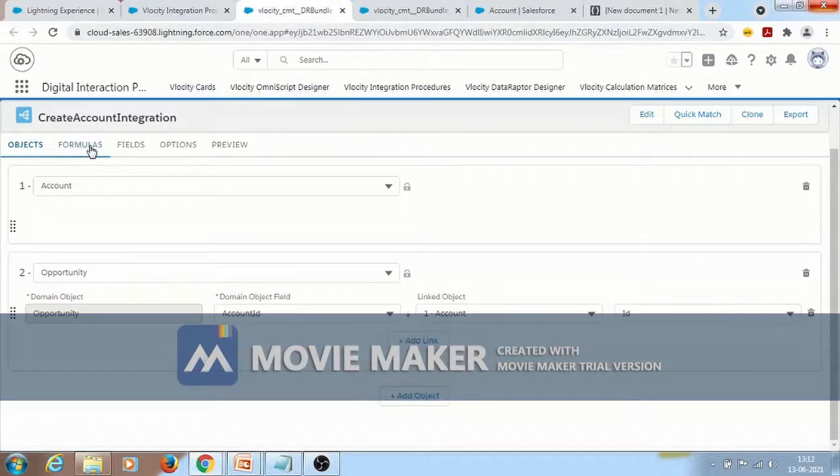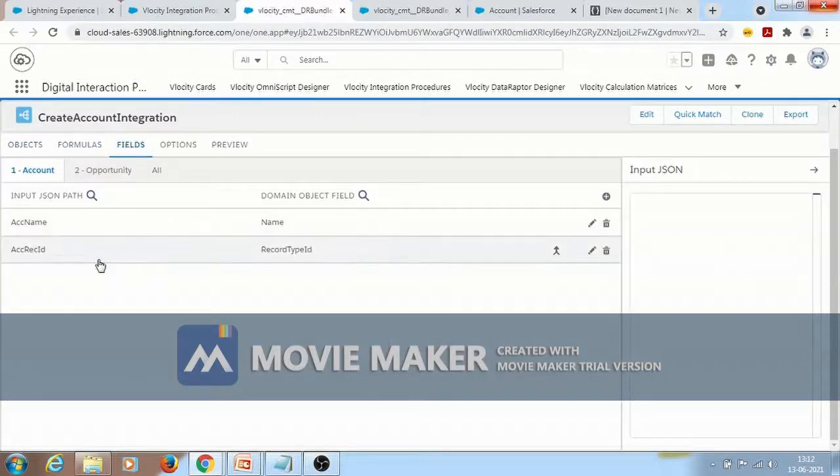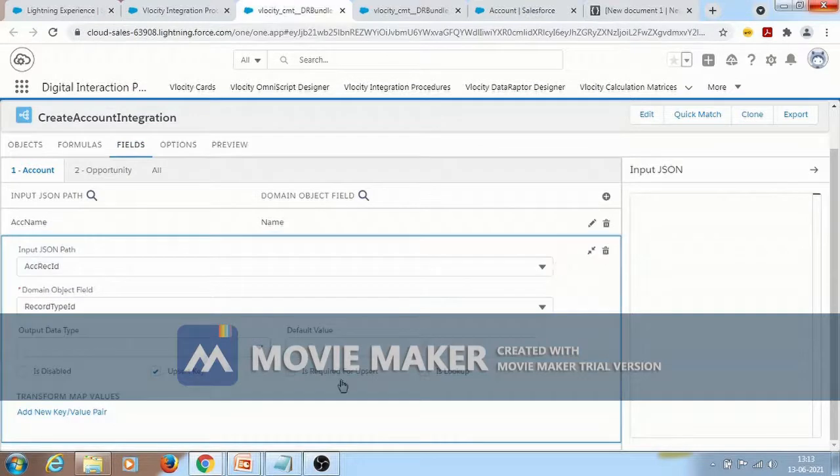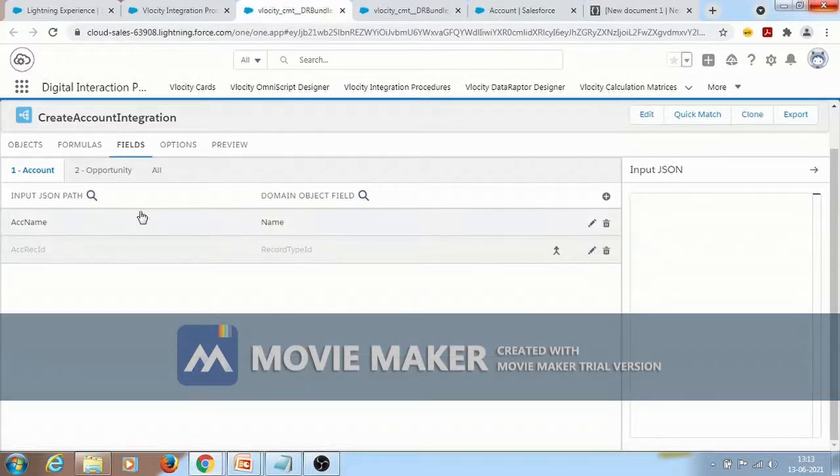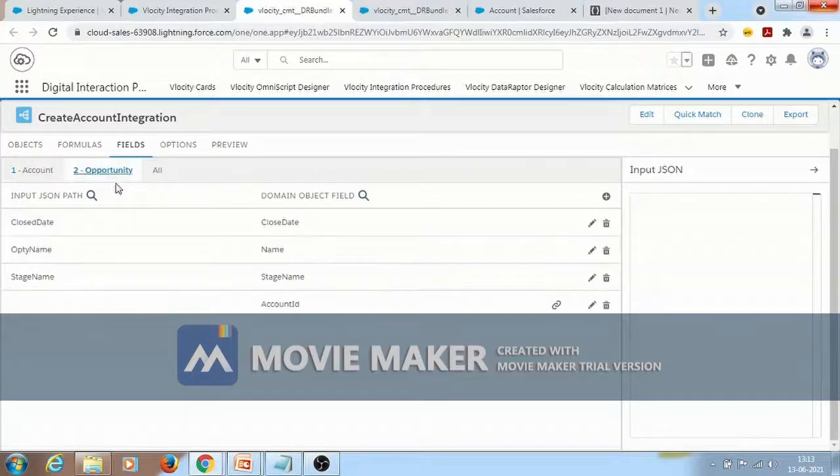In the fields, I'm passing account name and record ID. Let the record ID be disabled. Now I'm only using account name. And opportunity, I have already linked this, so it will be coming by default.